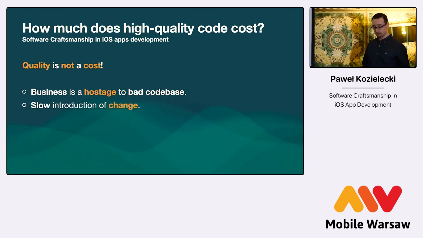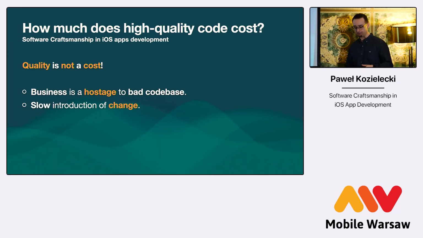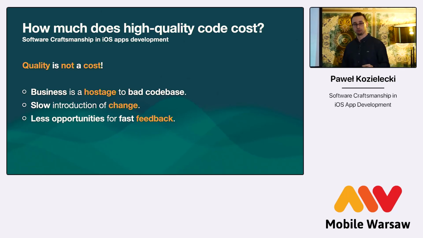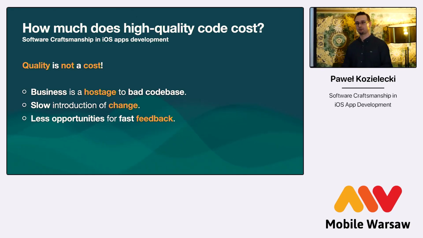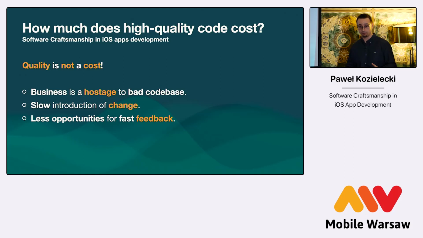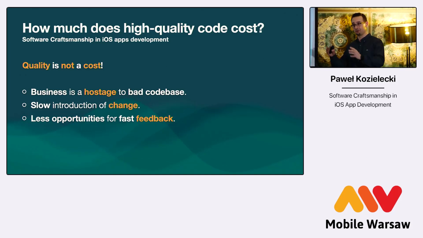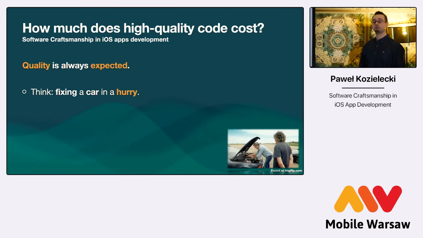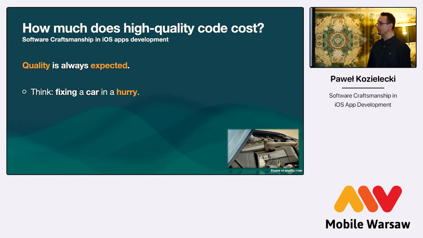is that the more difficult it is to introduce the change, the slower it gets, the fewer opportunities for feedback the business would have. So it means that in the end you can end up implementing a feature for like 6 months, fighting technical debt, fighting regression, and so on and so forth, just to find out that the users don't really want it, right? And just waste a lot of money. On top of that, quality will always be expected of you. I mean, almost always. Let me come to that in just a second.